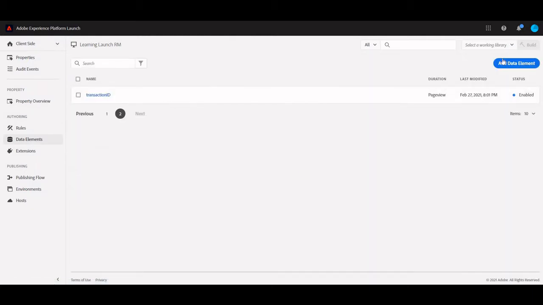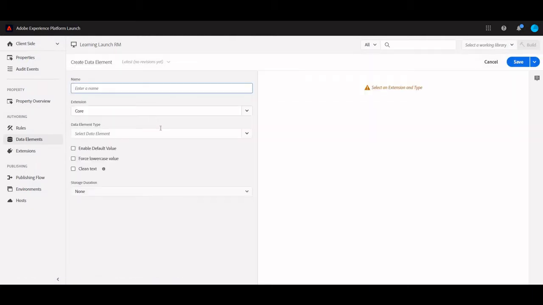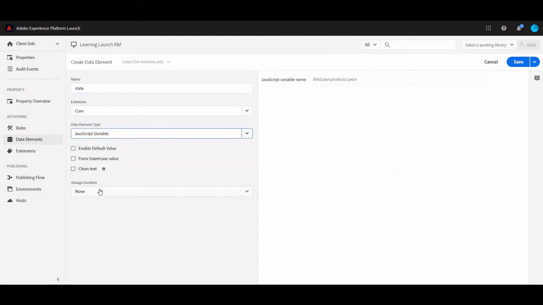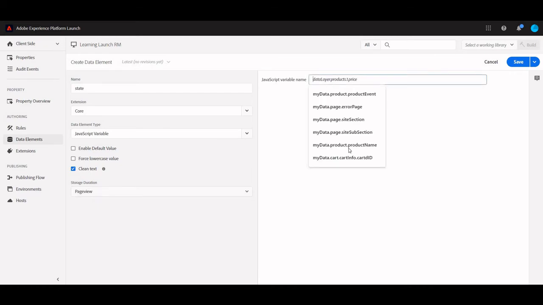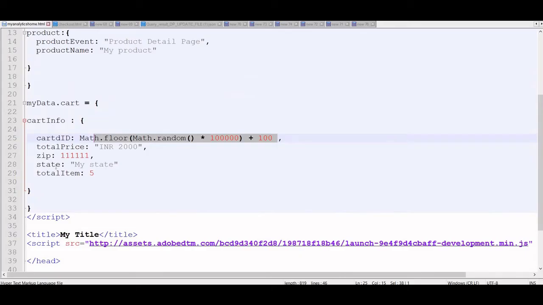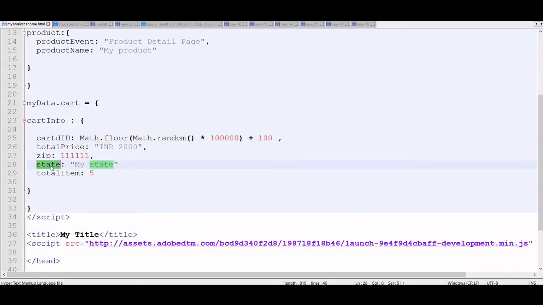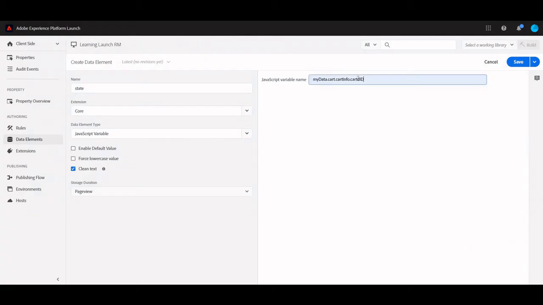Let's create two more data elements. One I will create for state code, of type JavaScript variable again. Let's make it clean text on page views, and this time it will be for state: myData.cartInfo.state.